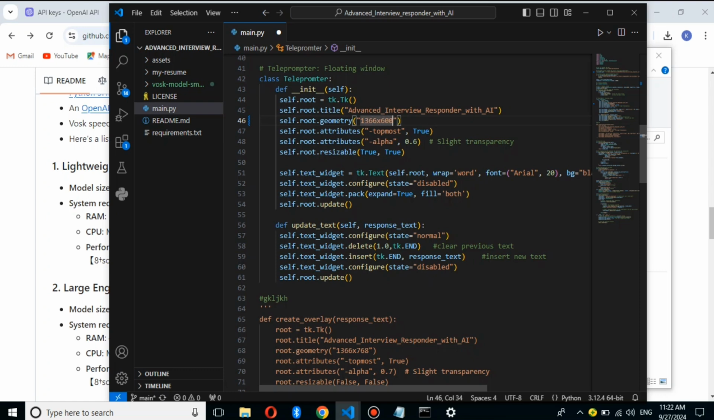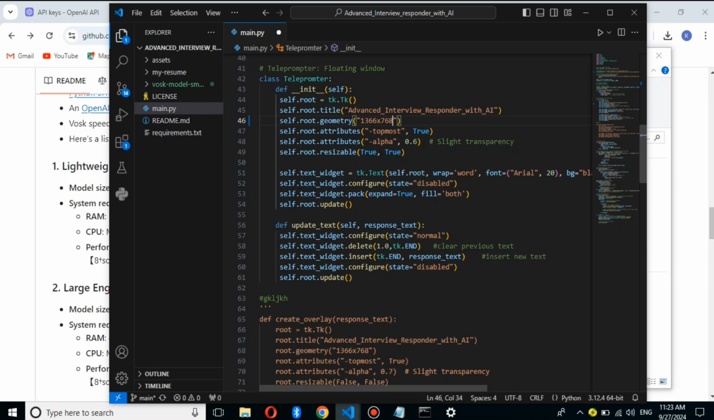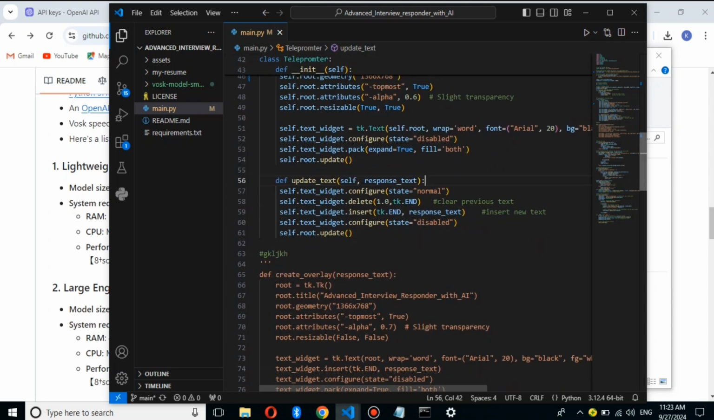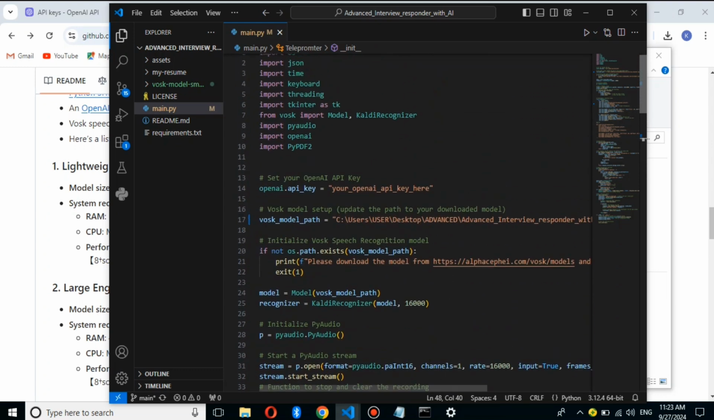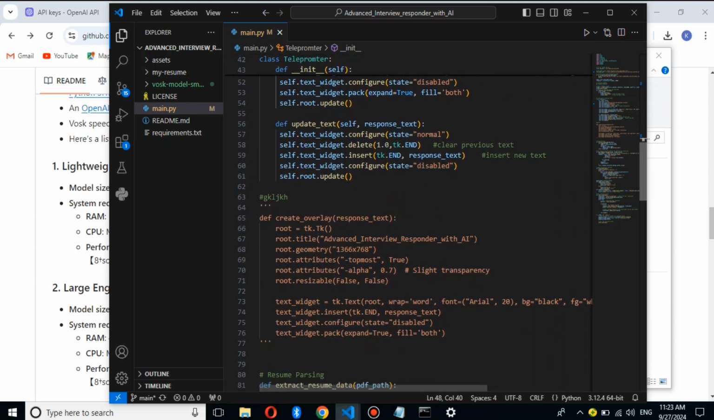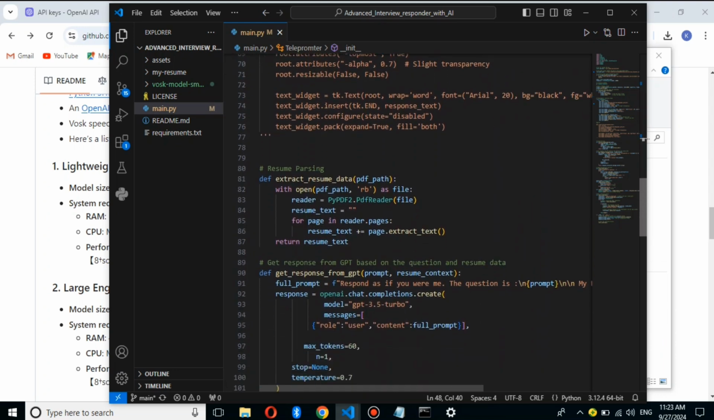1366, 768. Yes. Now let's continue. Here you can also change the transparency. If you want to make it more transparent, you can reduce it. If you want to make it a bit darker, you can increase it. So if you continue moving,